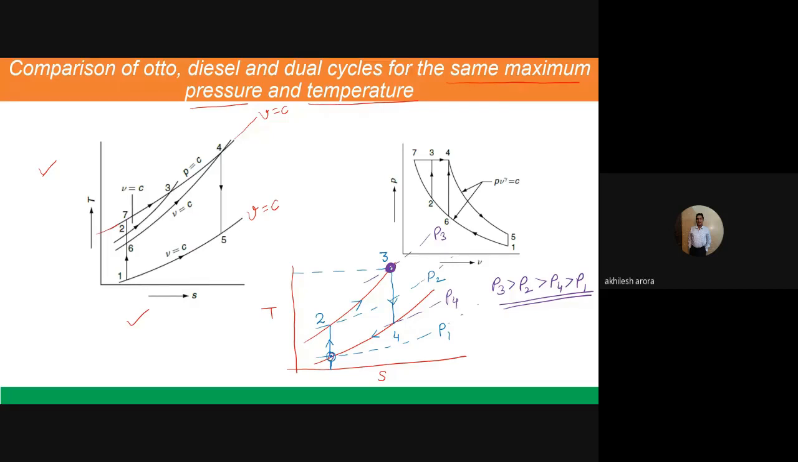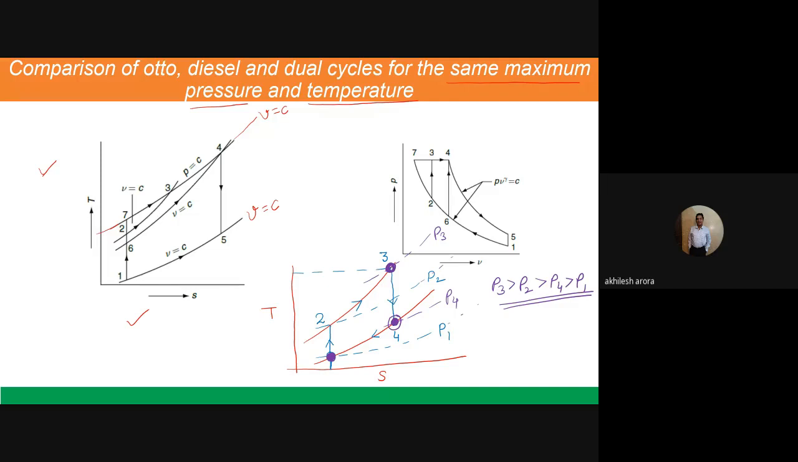And if you focus a little bit more, you know that the last process in all 3 cycles is the heat rejection process at constant volume. So point number 4 also automatically fixes, because point number 3 is fixed and point number 1 is fixed. So points 1, 3 and 4 are fixed. So what point is remaining? It is point number 2, which will be different in all 3 cycles. So now let us discuss the